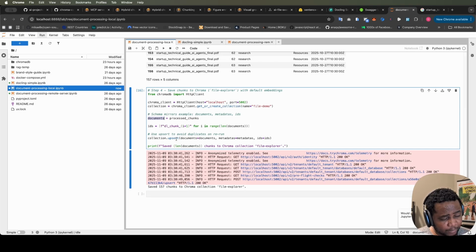And then I'm doing an upsert. Whenever the document already exists, do an update; if the document doesn't exist, insert. There are probably better ways to do this, but for the sake of the demo, I'll do it this way. And then I'm printing the number of chunks that were actually saved